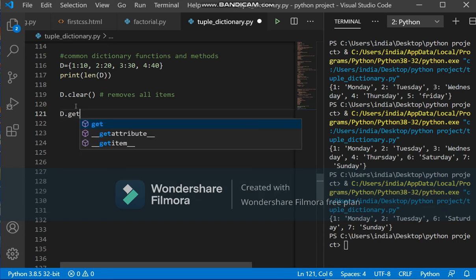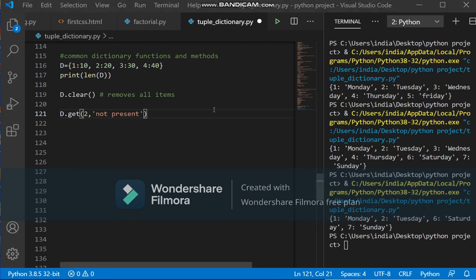Then d.get. Get means we are trying to find whether this 2 is there or not, or if it is not there, then by default "not present" will be printed.